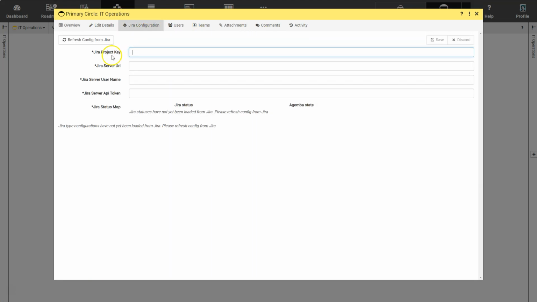The Jira project key. This is the unique identifier value of the Jira project to sync the Gemba circle with. It usually starts with an uppercase letter followed by one or more uppercase alphanumeric characters, and max length is 10 characters. For example,